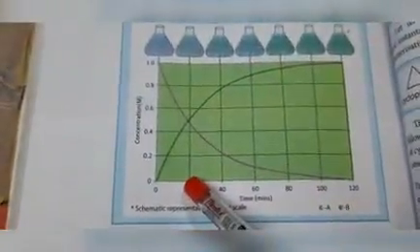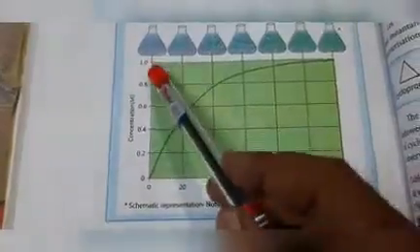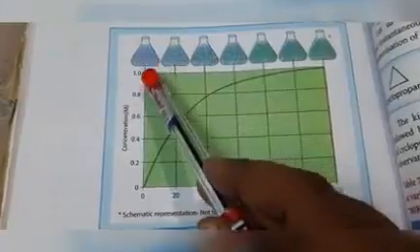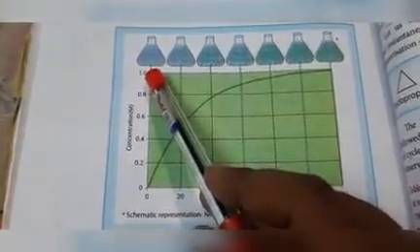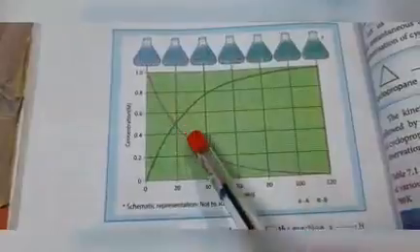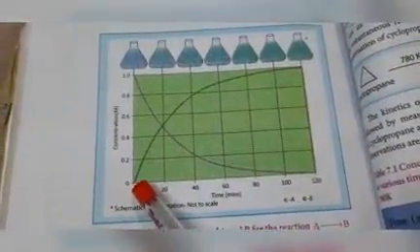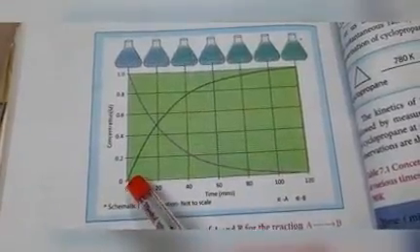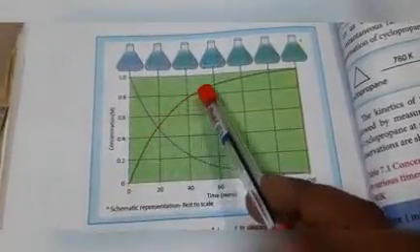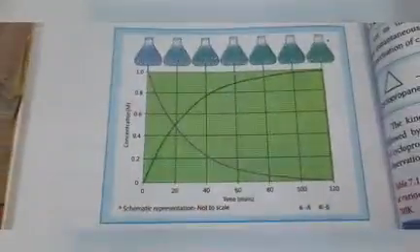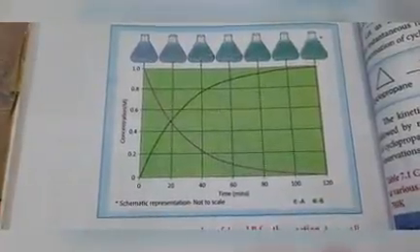Rate of the reaction. And from this graph we can understand, initially the reactant concentration is maximum. If reaction proceeds, the concentration of the reactant is decreased, and initially product concentration is minimum, that is 0. If reaction started, the concentration of product is increased. That only we understand from this graph.